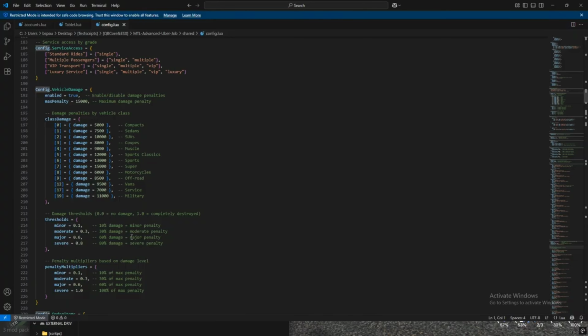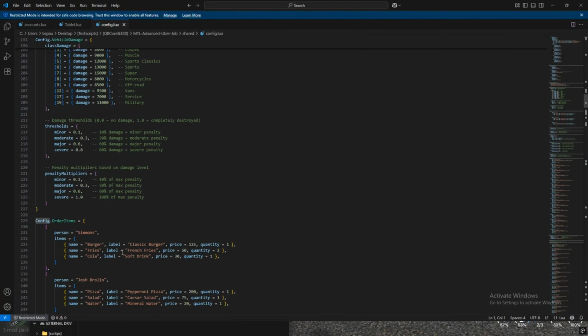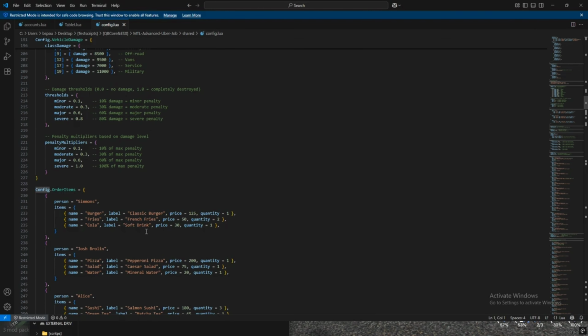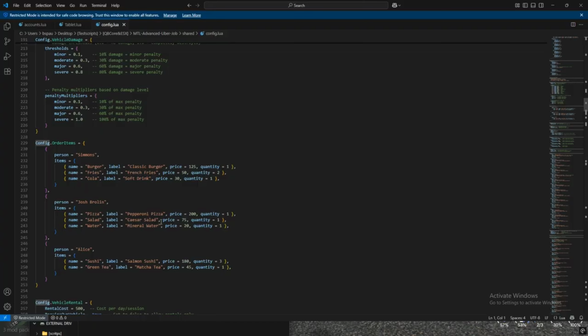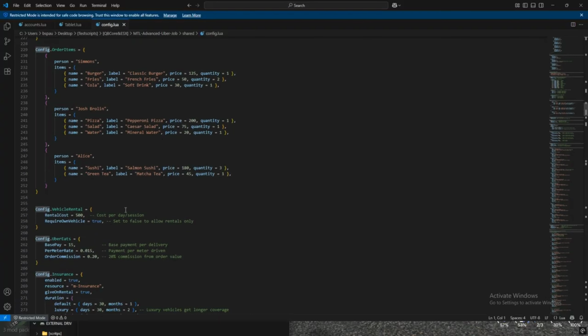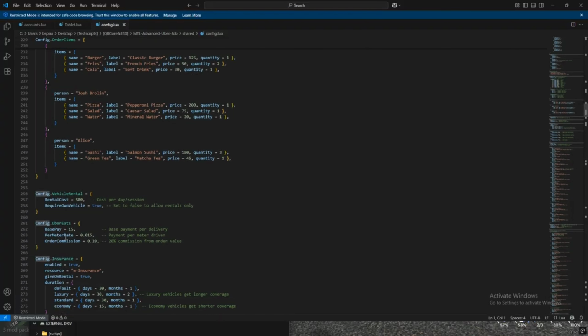One more thing before I go. This will be the last thing I say. The video's already been too long. So with the Uber Eats, you can customize the order. You can customize everything. You can customize it to how you want. I made it to where you guys can put your own items, your own labeling, your own pricing, the insurance, the vehicle. Sorry, my mic cut out.